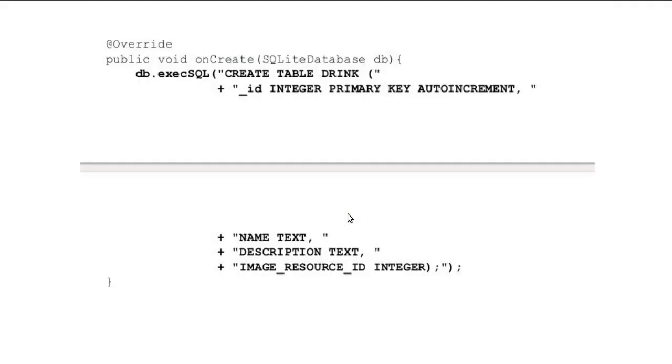Let's see where we have to write that create table query. We have to write it in the onCreate method, because the onCreate method is used for creating the table. Here we have an object of SQLiteDatabase, db, and we call db.execSQL. Why do we call this?